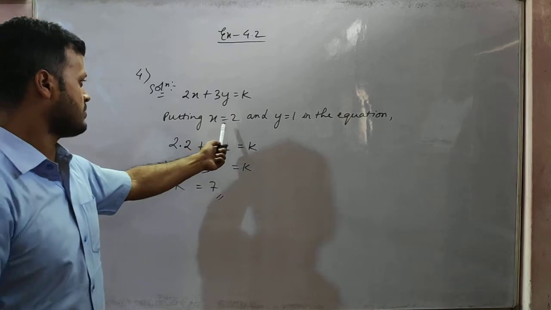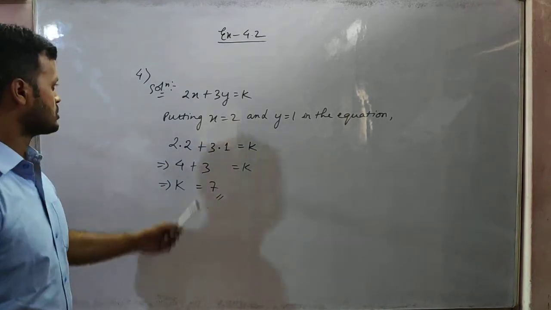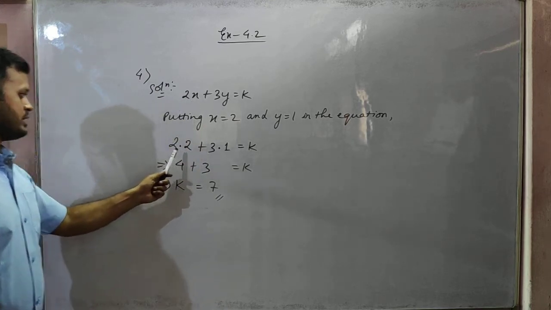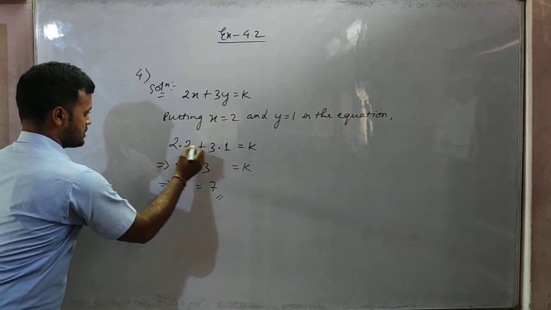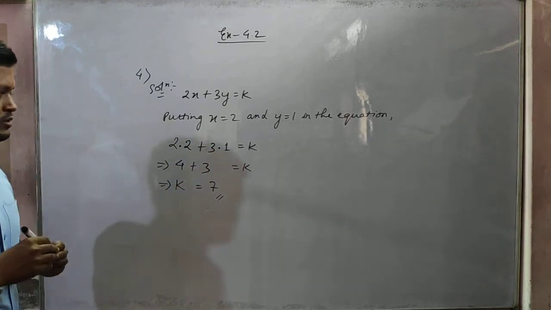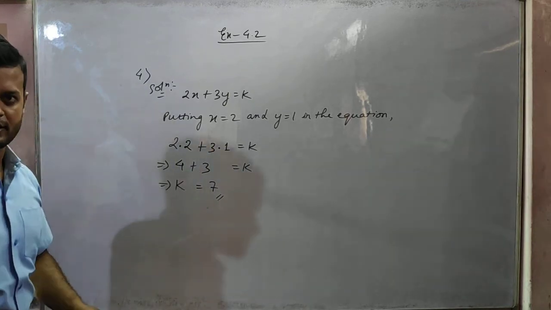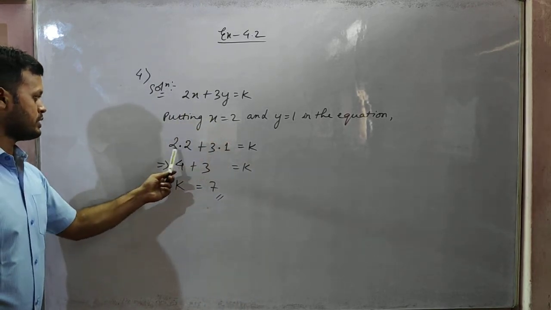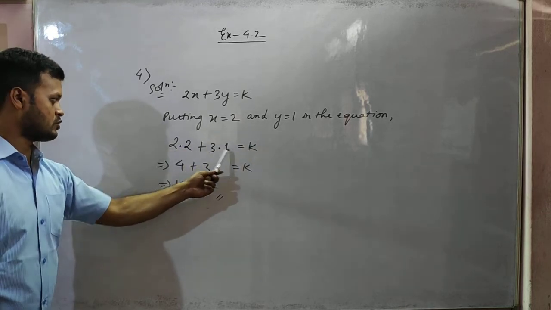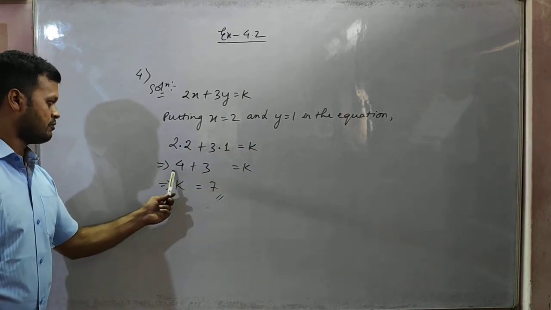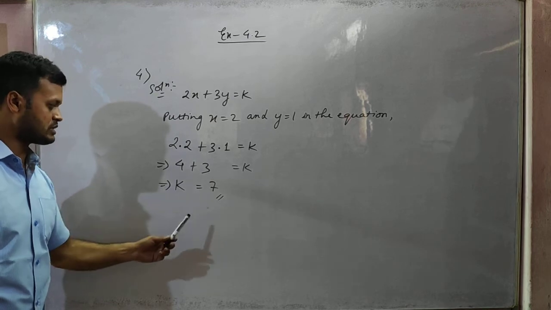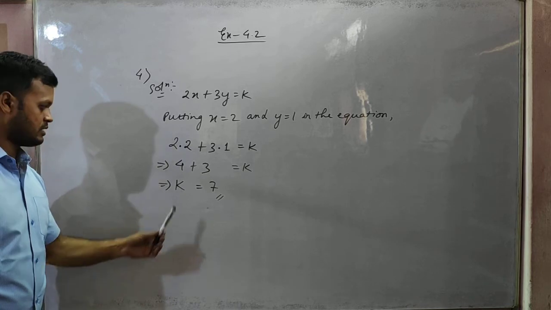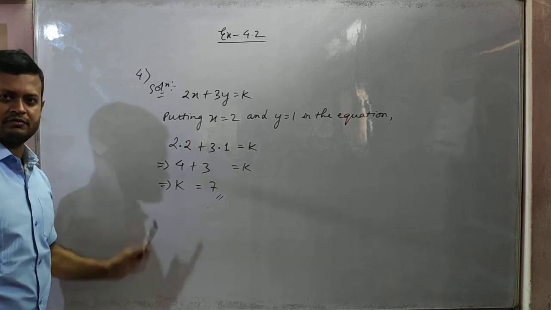Because it is already given that 2 and 1 are the solution of this equation. So we are putting here in place of x. See, 2x is there now, 2 into x. So 2 into, in place of x we are putting 2. This is the multiplication sign. This dot means multiplication, and I am making it a little bigger so that it is visible for you. So 2 into 2, and in place of y I am putting 1, so 3 into 1. 2 into 2 is 4, and 3 into 1 is 3. 4 plus 3 how much? 7. So k is equal to 7. So the value of k is, students, 7. The value of k is how much? 7. Understood? Very simple.